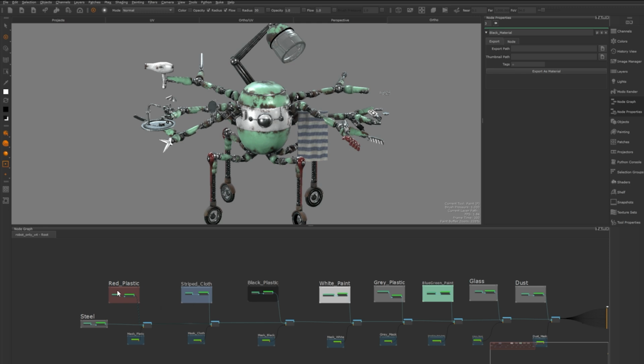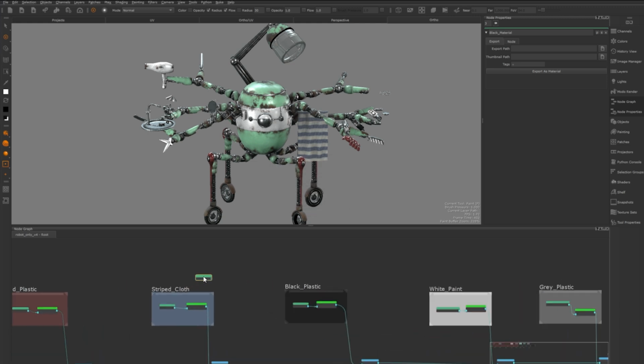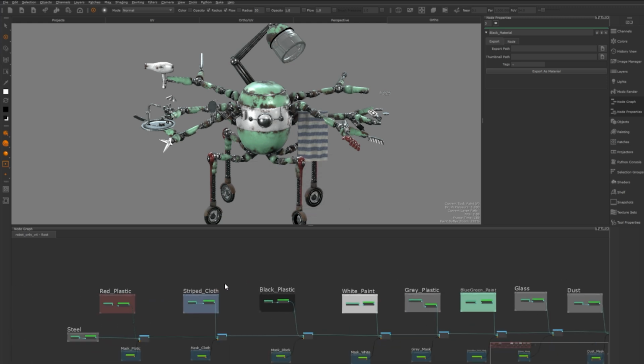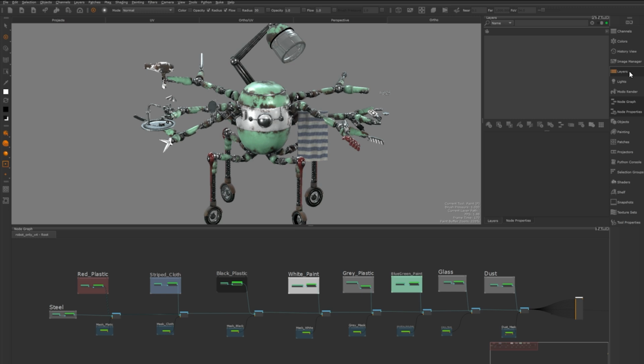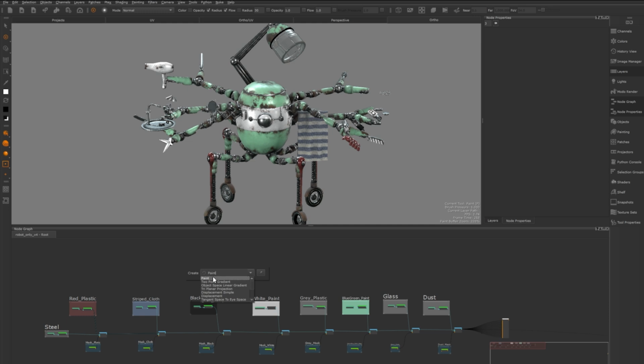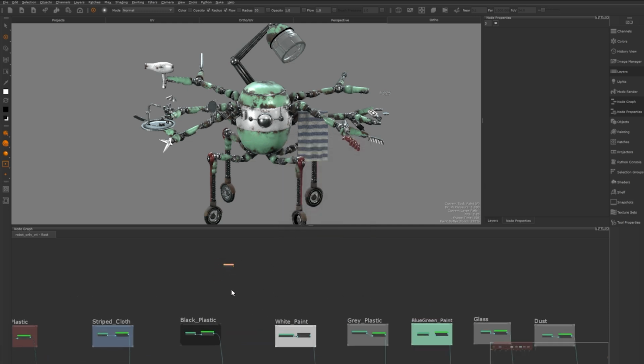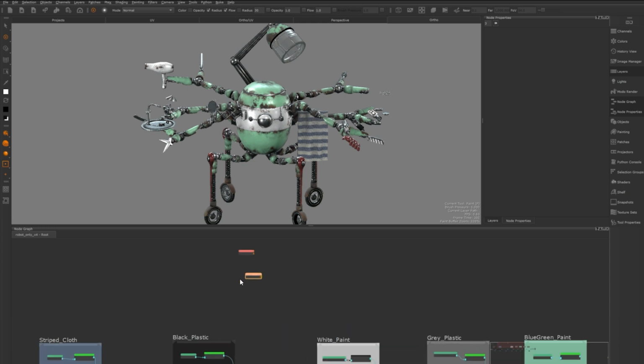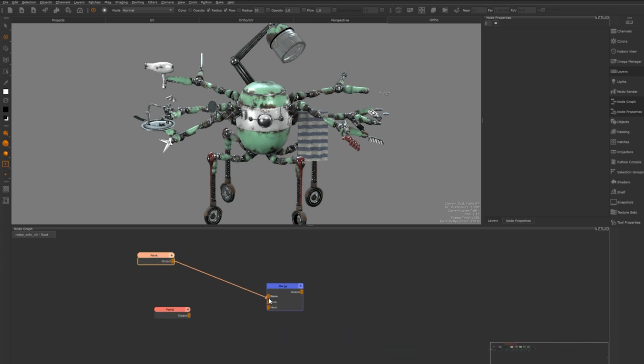Like in the layer nodes, you create nodes by pressing Tab in the node graph and then searching for the nodes you want to use. In the node graph, you can find everything through the tab menu or with shortcuts. You don't have this tab here with all the buttons like in the layer system. If you want to create a layer, the equivalent in the node graph would be a paint node. To create a mask, you would just create another paint node and feed it into a mask input in a